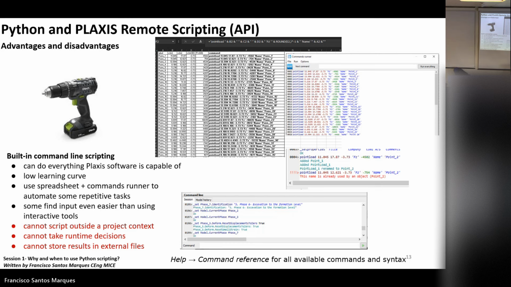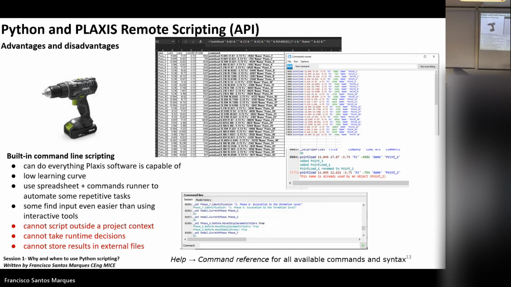That's it. Then if you put everything in Excel, say the base of the line in the first cell and the coordinates in the following columns, and you drag down, and you have a set of coordinates already represented in Excel, you just copy and paste them into Plaxis, and you should be able to represent these 100 piles very easily.